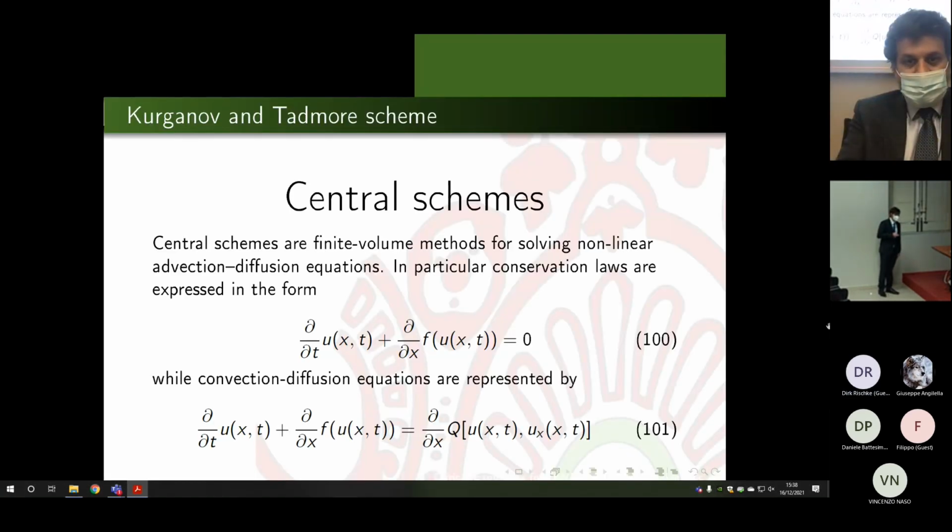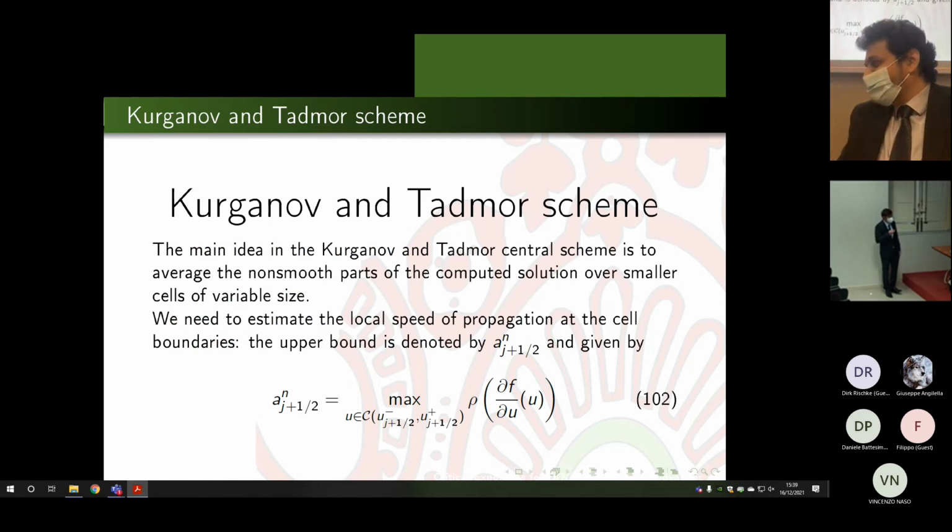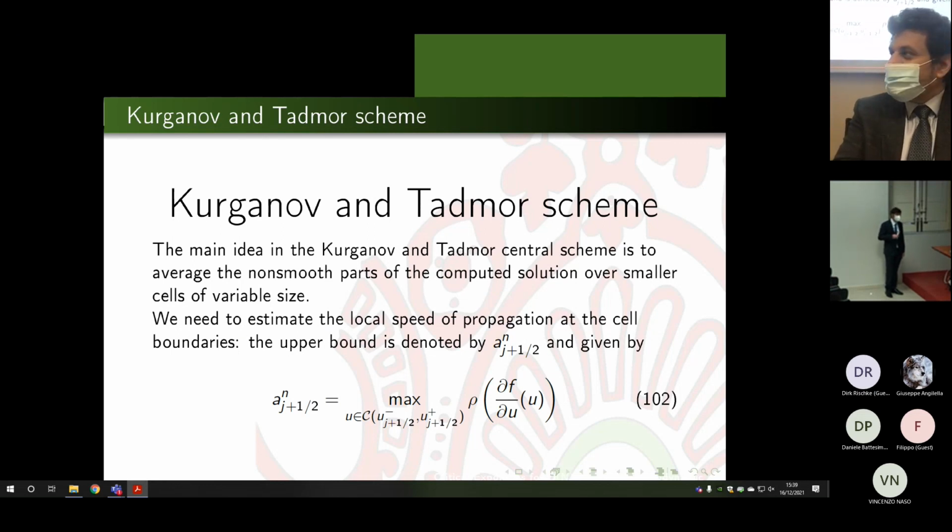I use a finite volume scheme, and this is done because in this way you can also treat discontinuities. So if you face hydrodynamic equations like the ones you can cast into the flow equation, it's always a good way to treat them using physically meaningful schemes, which means that you can treat, for example, discontinuities. If you use the finite differences method, you cannot handle them. So basically what I do is use this Kurganov and Tadmor scheme, which has just as a main ingredient that you just compute the speed, the velocity of the characteristics, which is the